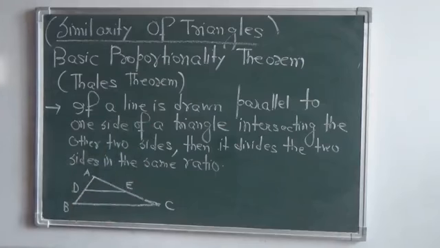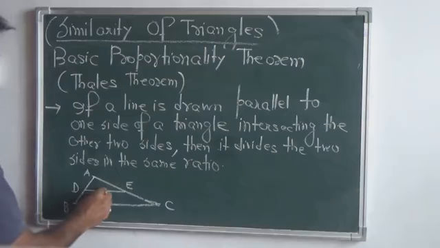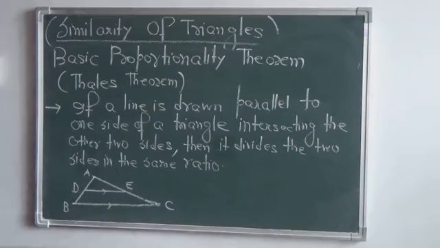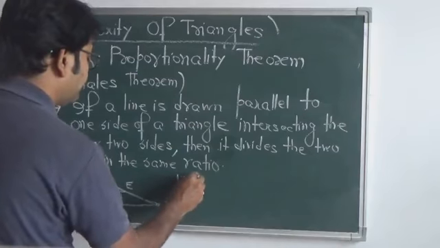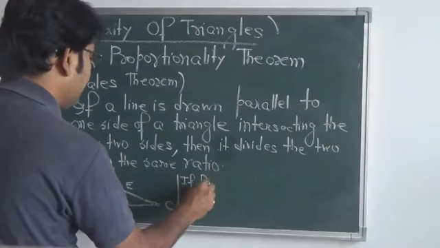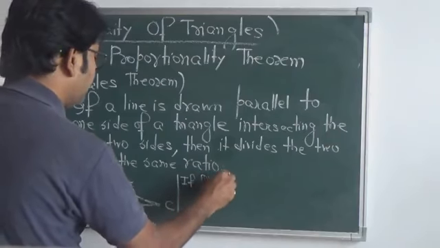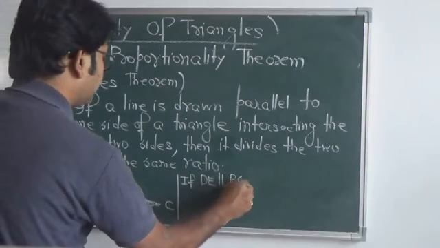So if a line is drawn parallel to one side of a triangle, here we are drawing the line DE parallel to BC, which intersects the other two sides, that is, intersects AB at D and AC at E. Then we can say, so if DE is parallel to BC,